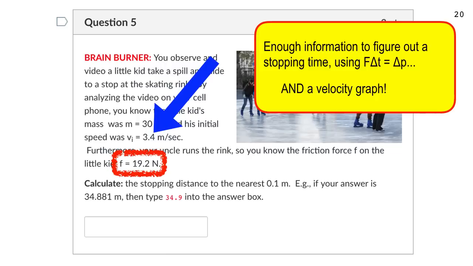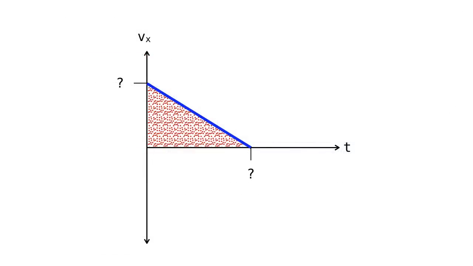And I want you to think about this weekend. In addition to using the impulse formula, you can also use a velocity graph. Now, in this problem, it's a velocity triangle. He starts out at 3.4 meters per second up here, and he comes to a stop down over here. Now, what you've got to figure out, and it'll be a different stopping time each time, but you can figure it out, delta T. Use the impulse formula. No great shakes about that. We can do it.